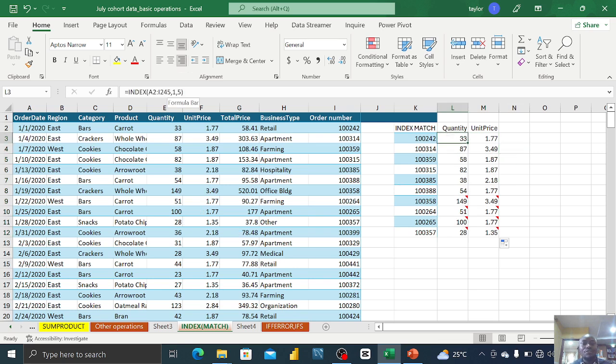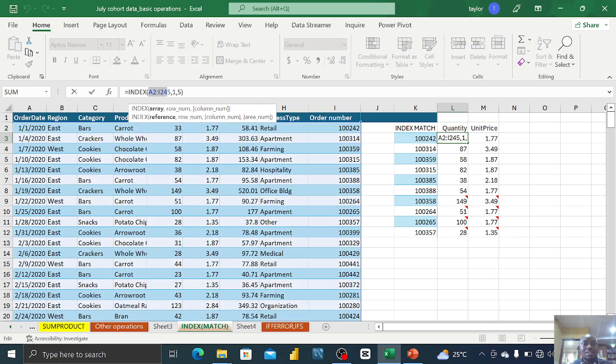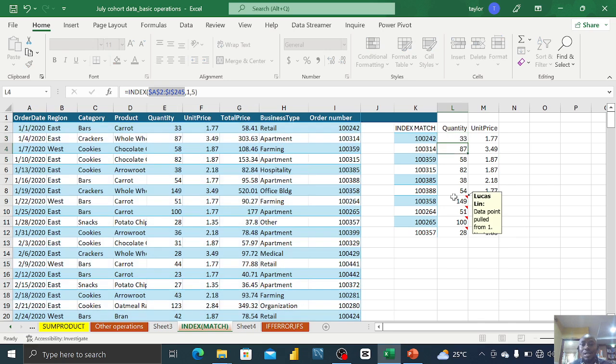However, I want you to follow me carefully. So this is for index, right? But how do we now bring in index match? Okay, let me, you remember this array. I want to lock this array. All right, and once I lock this array with F4, both the row and column, and I enter,